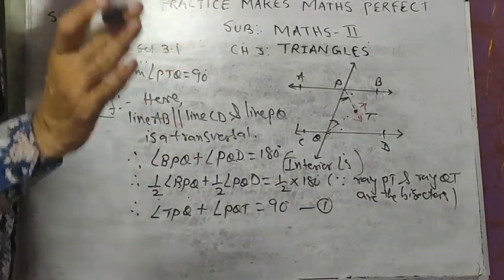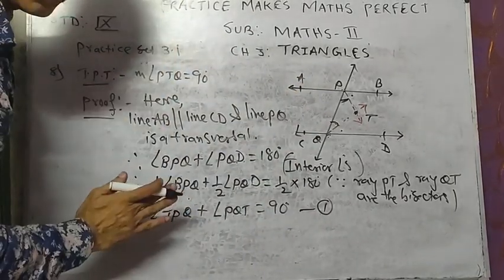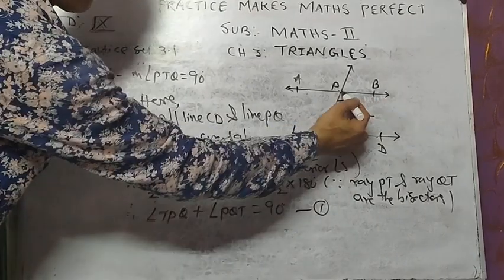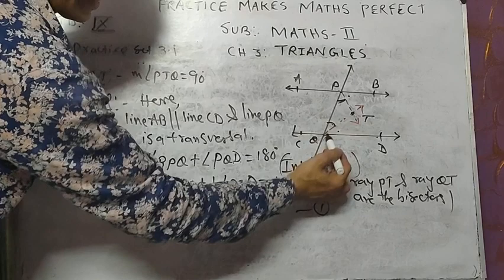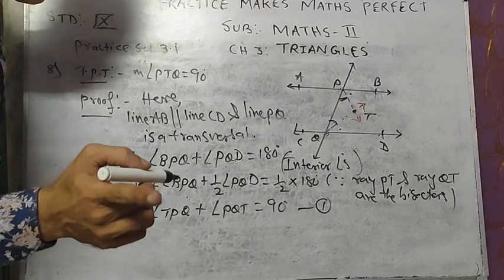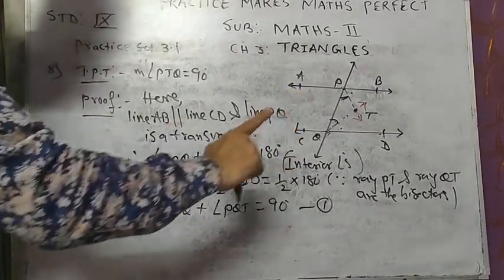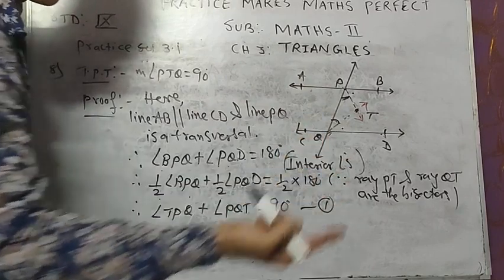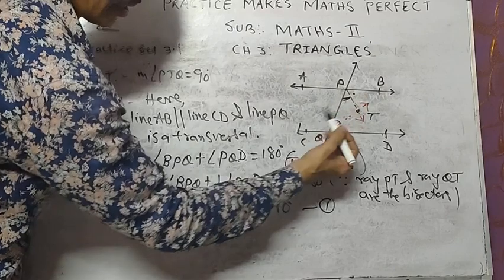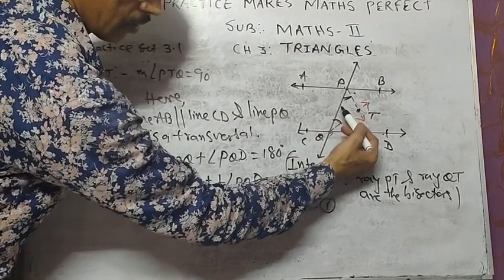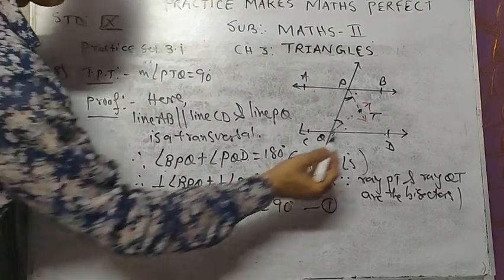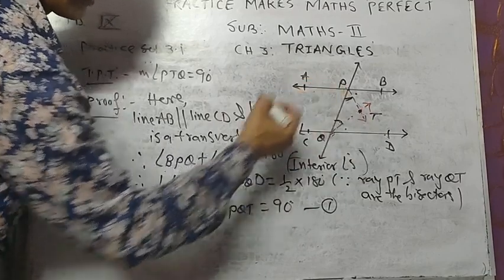So I hope all of you understood till here. Sum is not over. Okay, you will take the help of interior angles. Interior angles are BPQ and PQD. These are interior angles. Sum of the measure of interior angle is 180 degree. After that you will do the half. Why you will do the half? Because they are bisectors. Okay. So half means you will select this one, not this part. This part you will not select. You will select this. We want this. Okay. Again, you will take the help of sum of the measure of three angles, 180 degree.